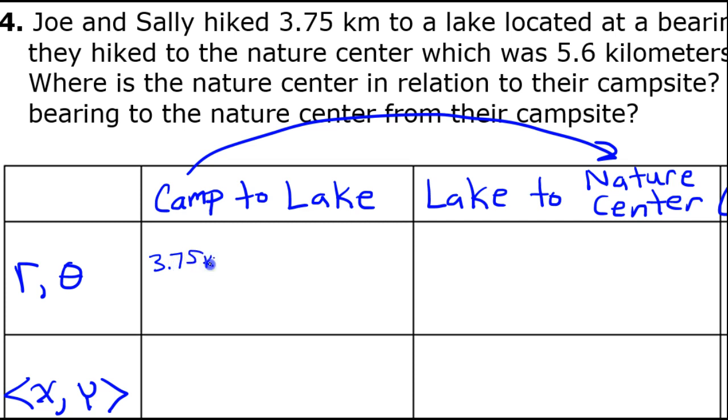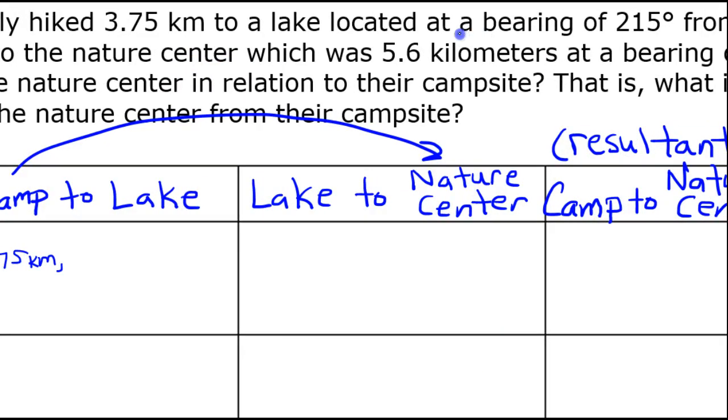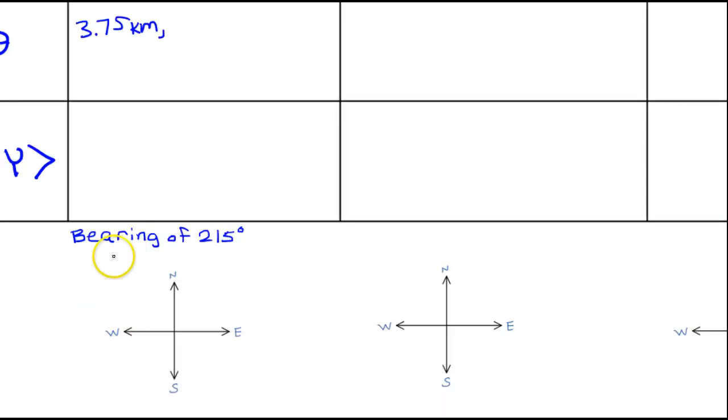Now we need the direction. They gave us the direction as a bearing of 215 degrees. When you see the word bearing, you know that you are talking about an angle that starts at north and is measured clockwise